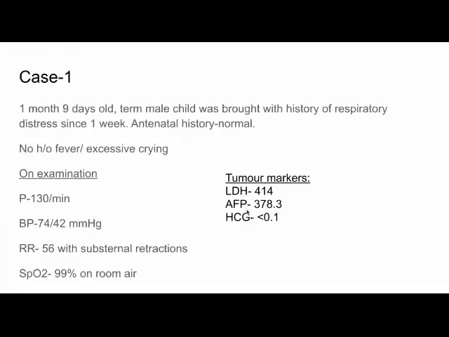Operatively itself, we had a lot of problems because initially we thought it was a well-matured lesion. It looked well circumscribed. We thought we'd be able to get away with it. In fact, we started with laparoscopy. I could see that the mass was behind the rectum and in front of the sacrum. The plane was there on one side, but we were not able to dissect further because it was densely adherent.